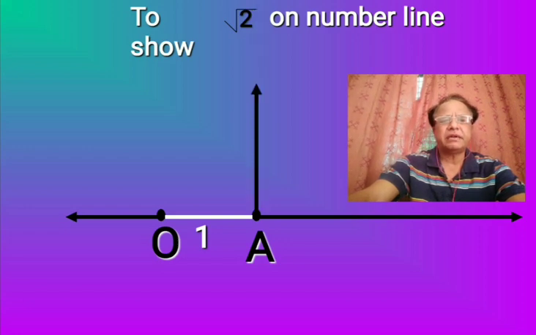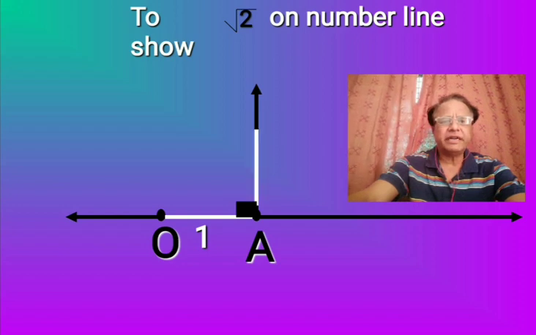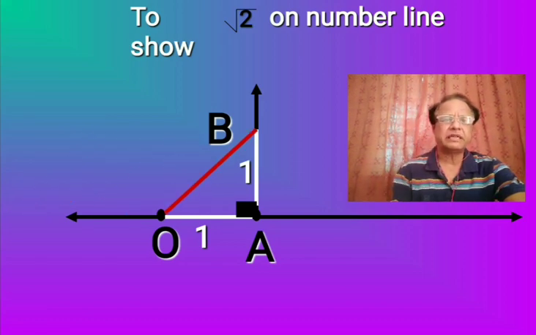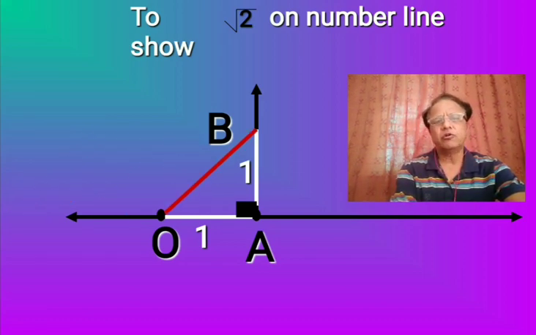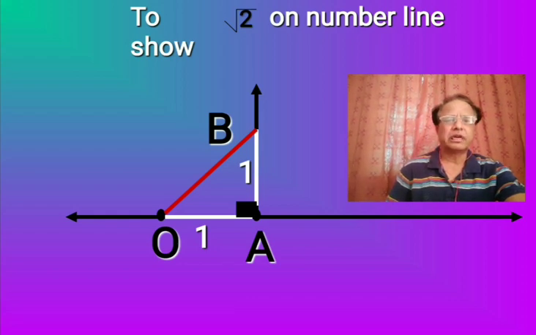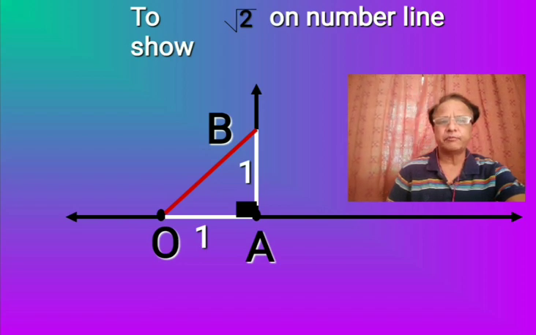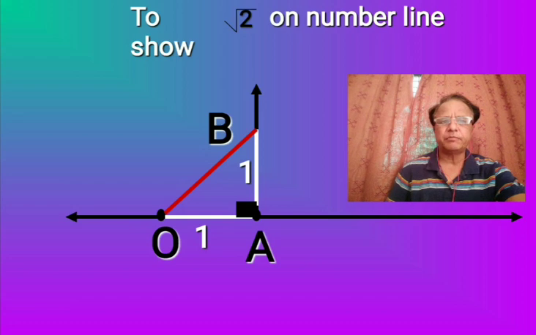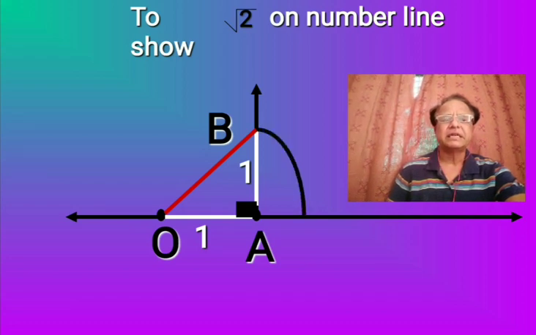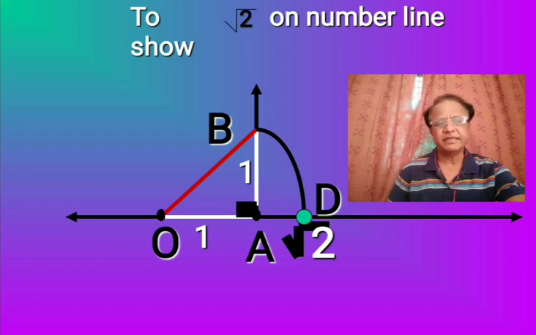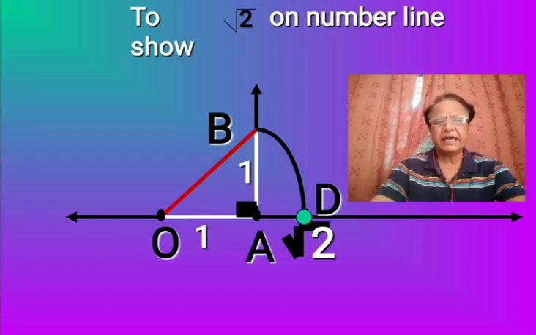Now draw a perpendicular at point A. Take the same distance on that perpendicular, 1 unit, label it as B, join this OB, then according to the Pythagoras theorem, OB becomes root 2. So put your compass at point O. Remember students, you have to put your compass at point O and the pencil part at point B and make an arc like this. The foot point of this arc, say it as D, indicates root 2 on the number line. This is a very simple procedure that you can do very easily at your home.